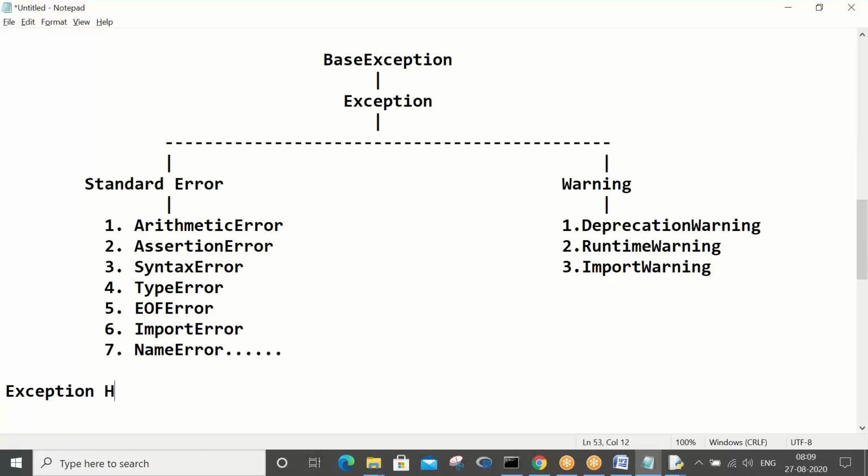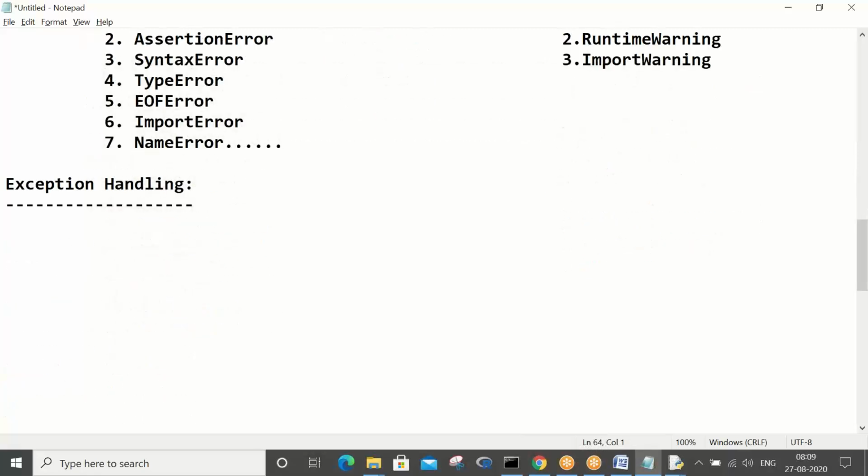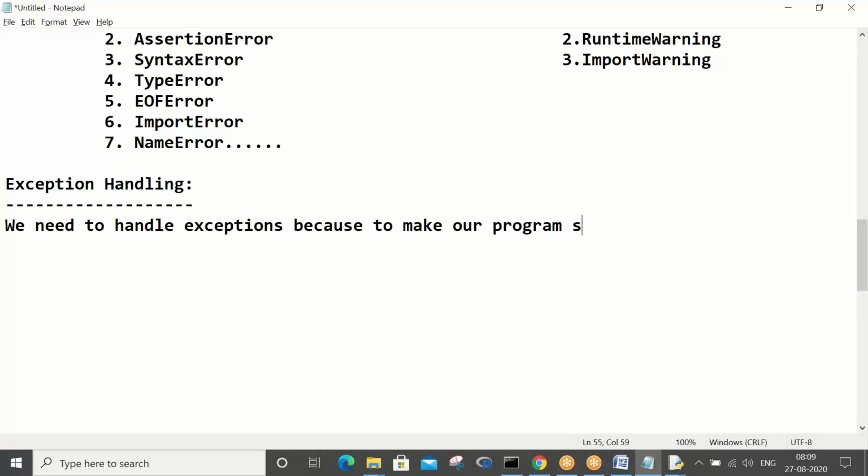We need to handle exceptions to make our program strong and secured.